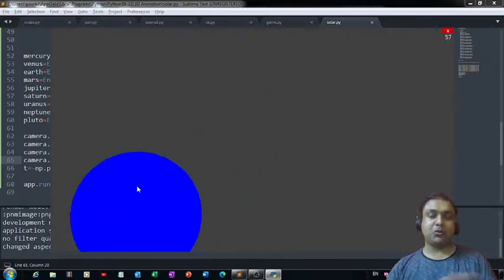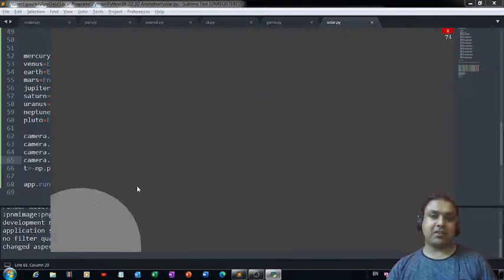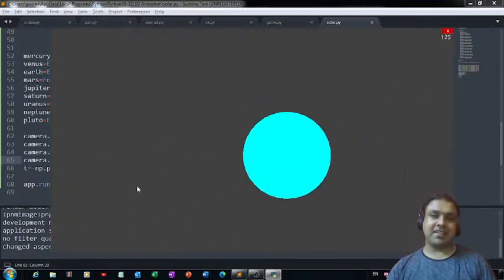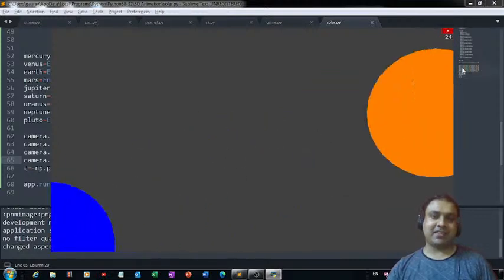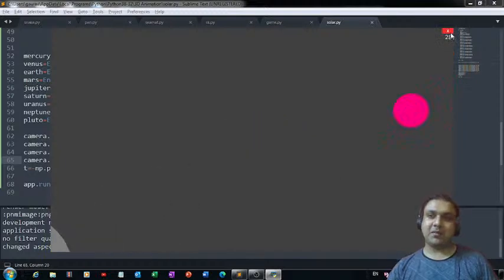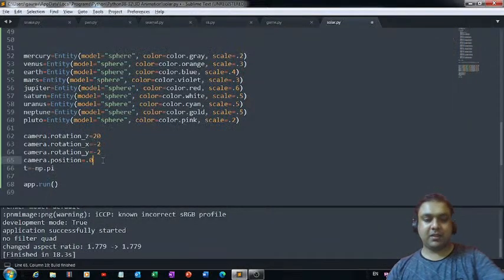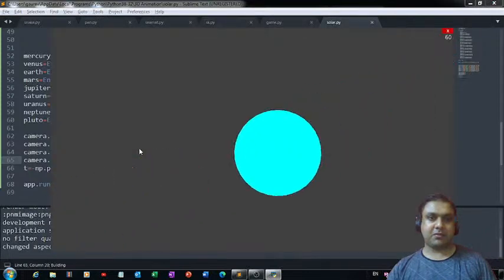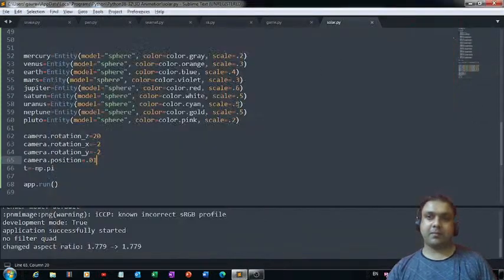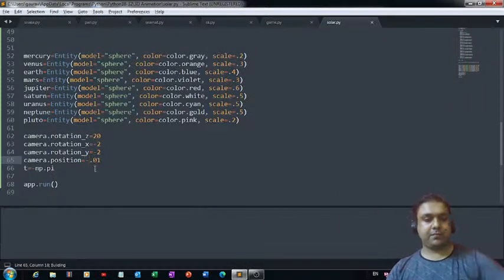We are very close to the planets which are revolving around the sun, and we are able to see all the planets coming down like this. Fine, that is a very good view. Let me change it to 0.01. Now if I run the code, let's see what's going to happen to the view. If I change it to -0.01,